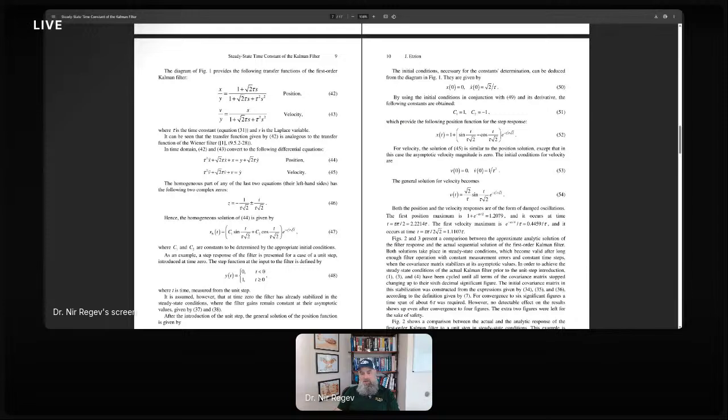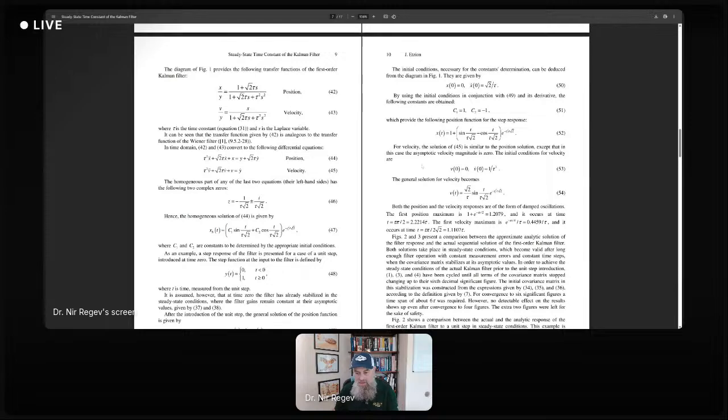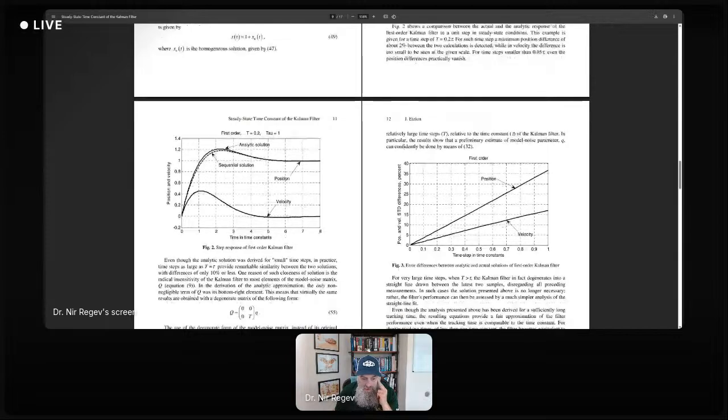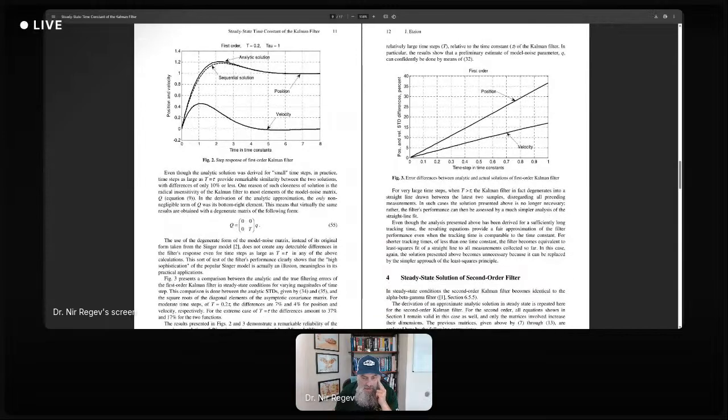And then he argues that if we take a unit step input, the step response will be as follows. And he starts simulating stuff. And here you can see that the analytic solution for the position, for example, and the sequential solutions are very, very similar. Okay, so he argues now that the matrix Q can be degenerated into this form: zeros everywhere except for one sample time T in the right bottom of the matrix times the Q. Okay, and he is